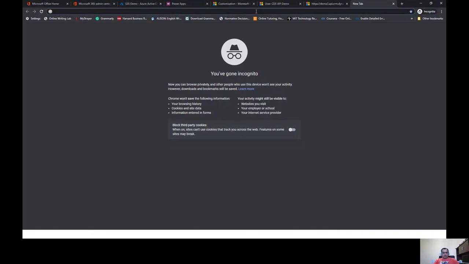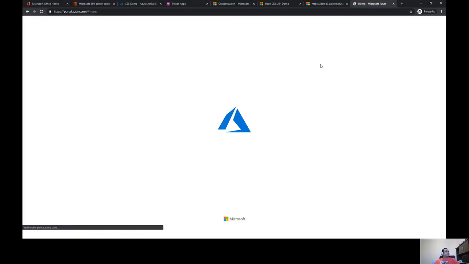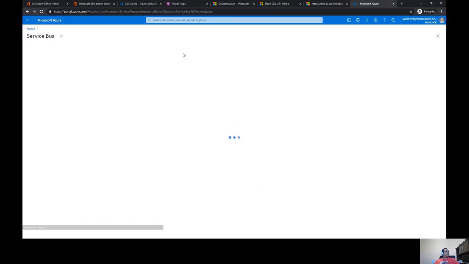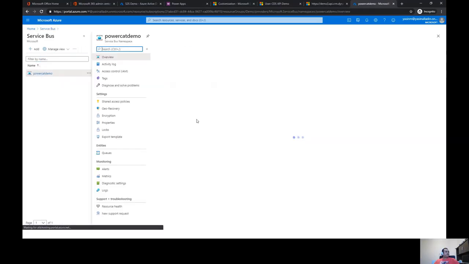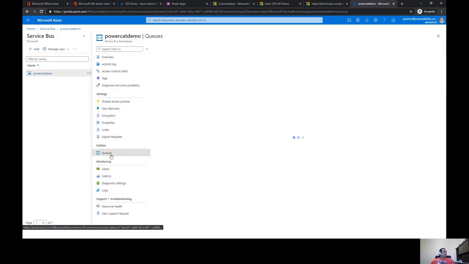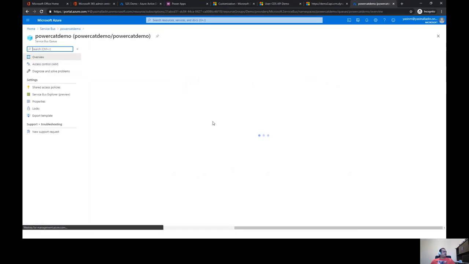So if I log on to portal.azure.com and click on Service Bus, here I have created a Service Bus. In the presentation, you have the steps to register it. I go and select queues, and my queue is here.